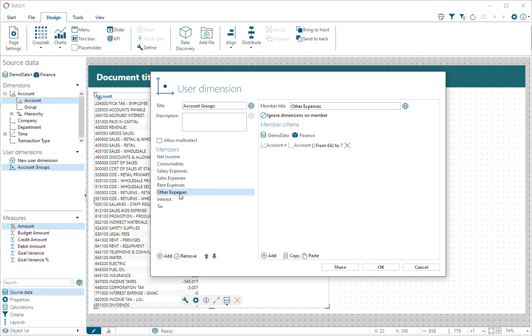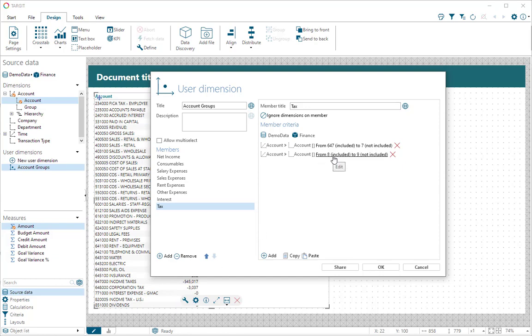Notice the last one here, tax. I actually included 2 criteria for that. I used the add down here to add my second criteria, and it gives me a range of 647 to 7. So it will not include my interest, but it'll include those starting with 647 and also those starting with 8 up to 9. By the way, I really don't want dividends to go into this group, so I need